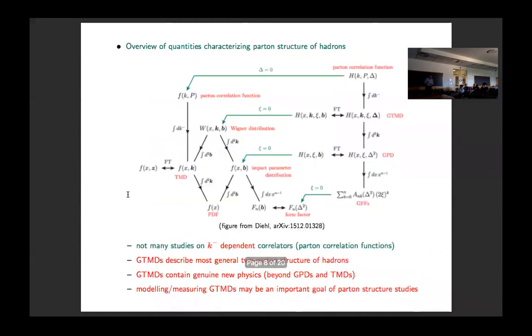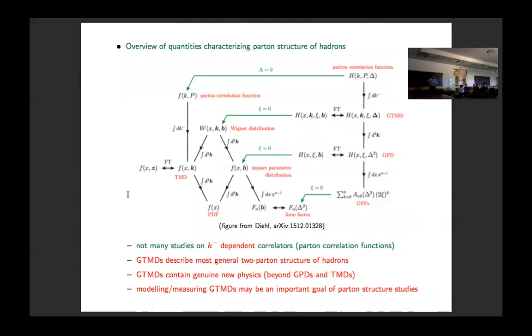So let me finish this part by another incarnation of such a nice graphic from Marco Steele, kind of summarizing basically all the different objects that we use to characterize parton structure of hadrons. So it's very similar to what we saw in the ERC white paper. We have the Wigner function, and the lower part is essentially the same. Here, the GTMDs have been added again. I come back to this. They are related to the Wigner functions through a Fourier transform.